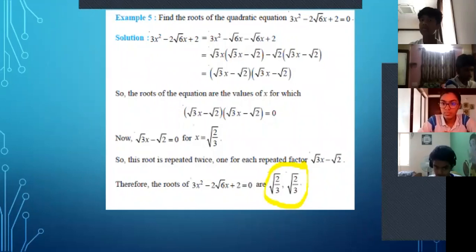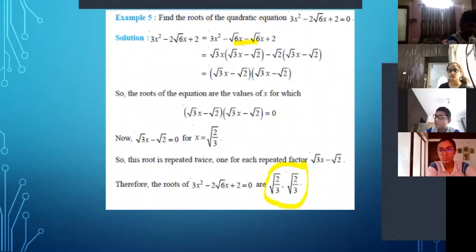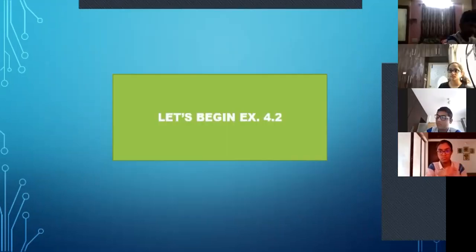The most important thing was how did you split. Ma'am, should we rationalize it? No. Why rationalize? Leave it as it is. Fine. So the only way is how to move ahead when you have a square number. Now let's go to exercise 4.2. Write all of you exercise 4.2. Chalo.